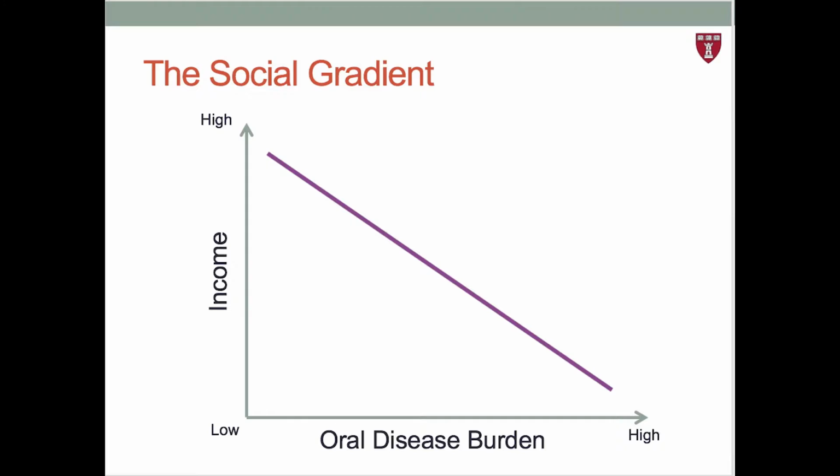So, for example, some low-income countries have a lower oral disease burden on average than some middle-income countries. This may be in part because middle-income countries have the largest proportion of people living in extreme poverty today. Studies have also shown a negative relationship between income and oral health due to a number of factors, such as geography and access to junk food. So the details and nuance of this relationship are out of the scope of this module. But the key message here for this slide is that one of the strongest predictors of poor oral health outcomes